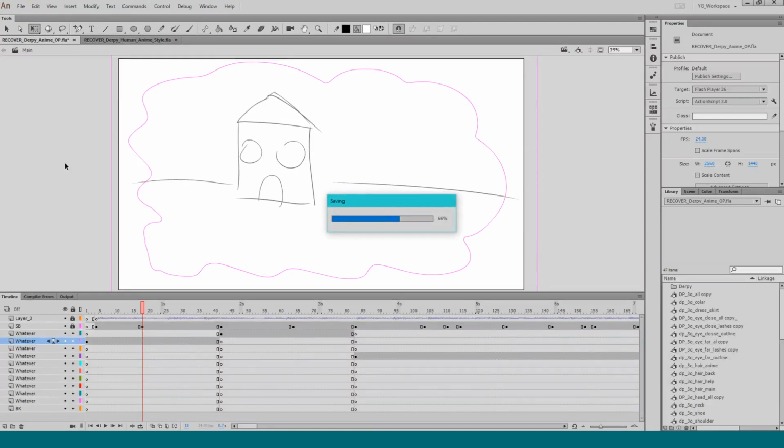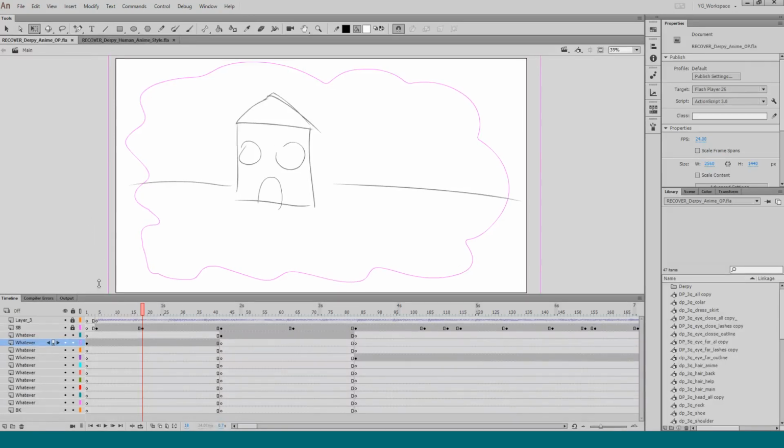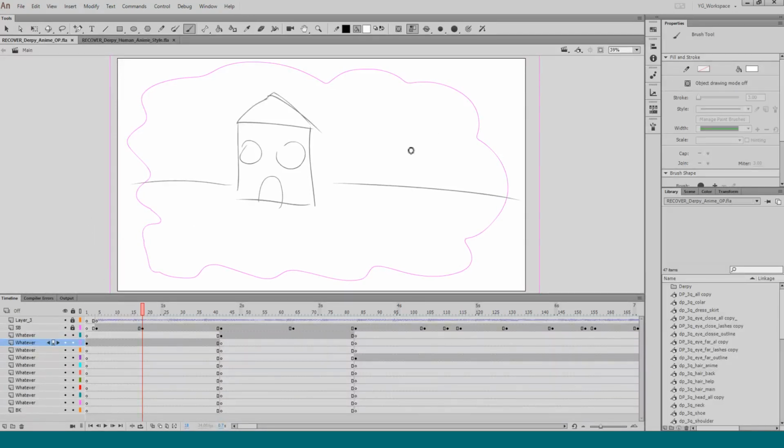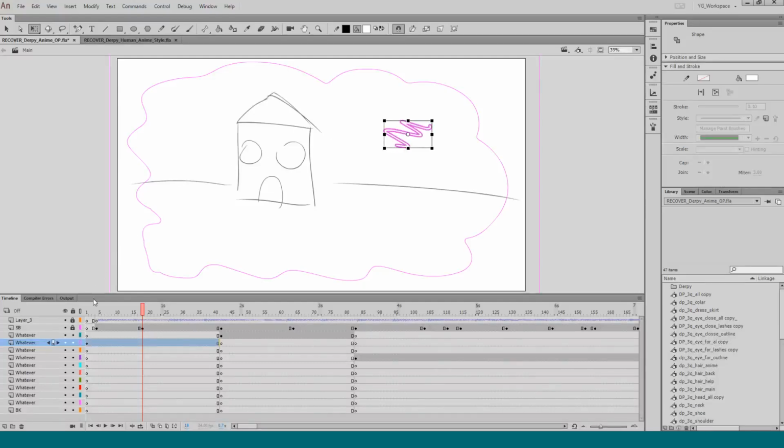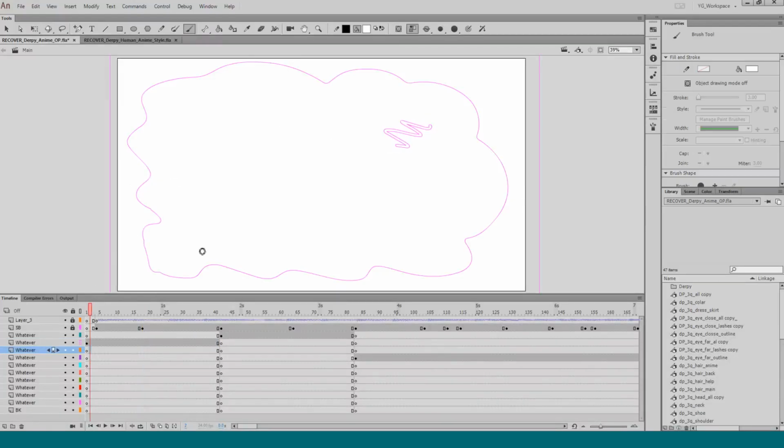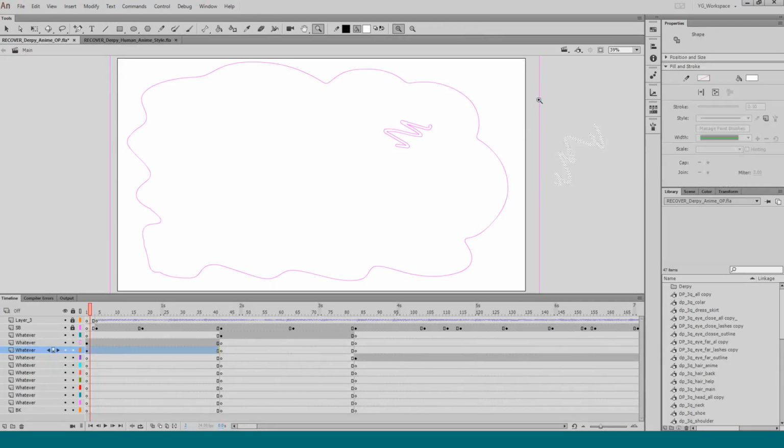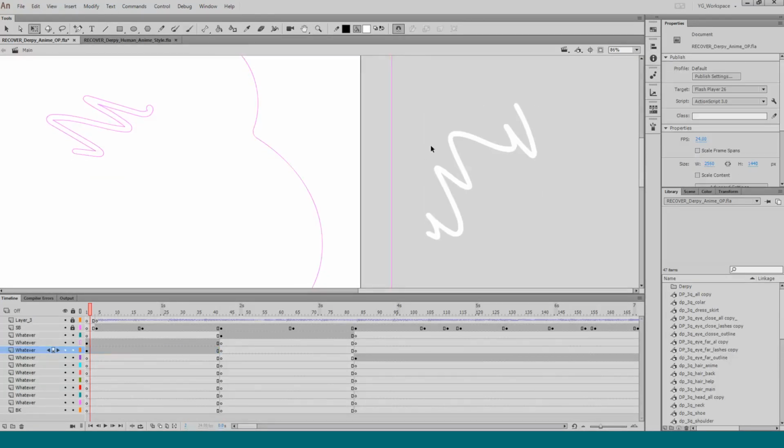And I might use Photoshop, or maybe Illustrator might have a couple of these features, because otherwise the basic Flash look doesn't look like a paint kind of look.